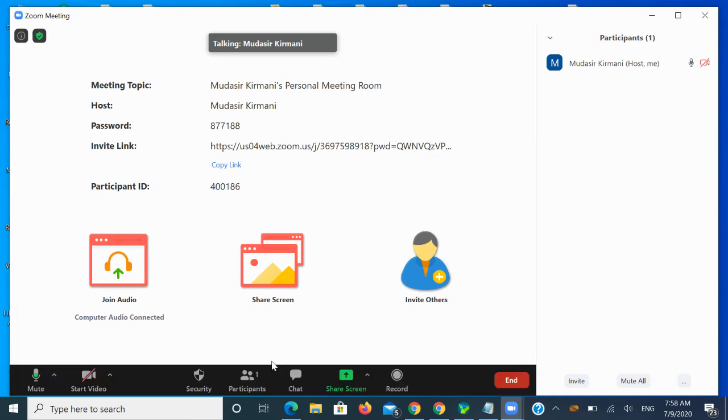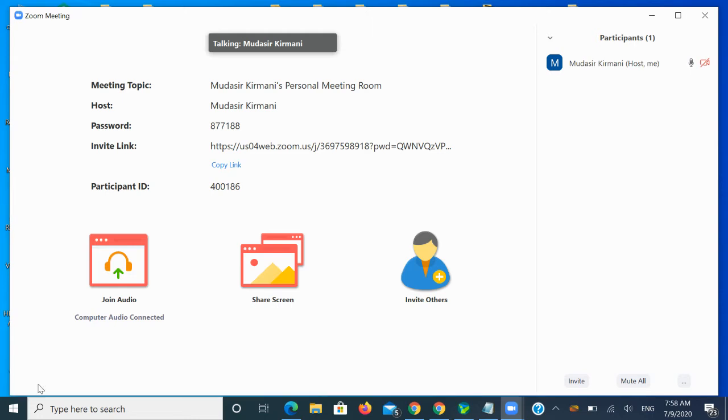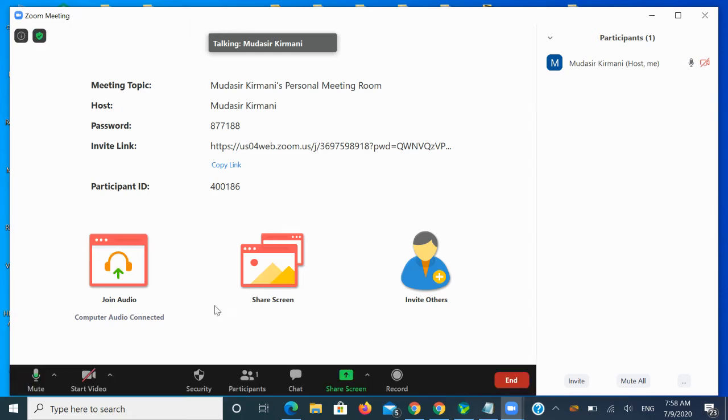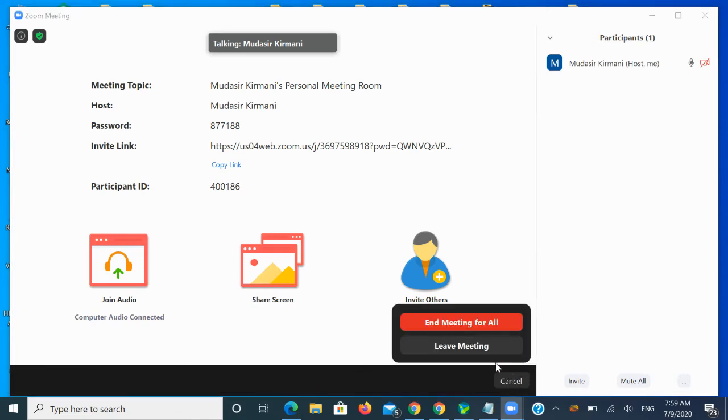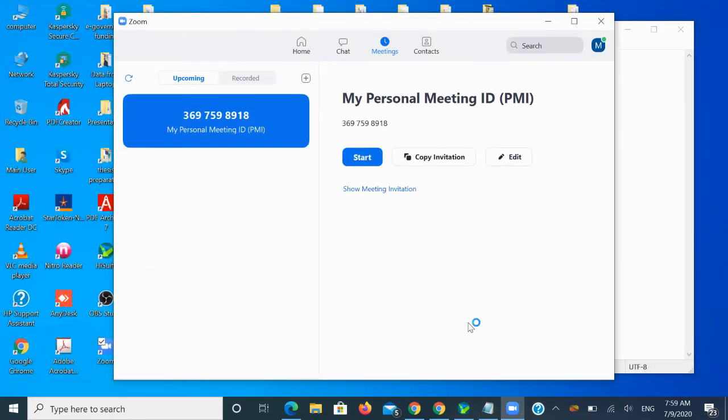And one more attribute over here is that I have switched off my video. If you want to switch on the video, you can simply click on this button and the video will be switched on. And if you click over here, you will be muted, which means your voice won't be communicated to the audience. This is used only when a person is speaking, and if you also start, it will create disturbance. Therefore it is better to let a person complete his communication, and then after that you start. I'll click on end, and once I click on end, all the meetings are ended.